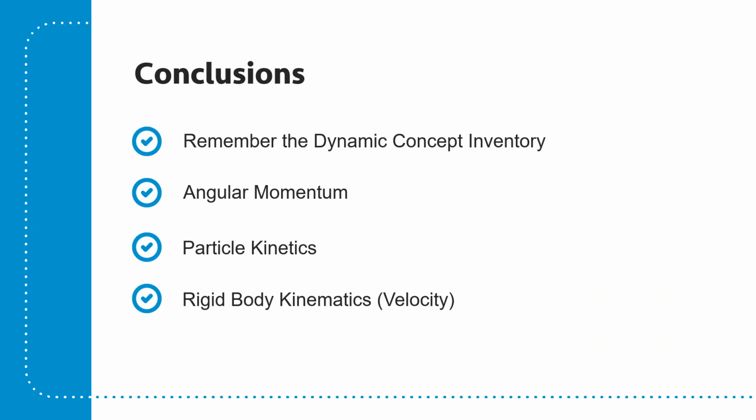In terms of conclusions, remember the dynamic concept inventory, angular momentum, particle kinetics, and rigid body kinematics, which is going to come out at the end. Velocity is really all we are talking about right now, but you'll see with the final exam, we also expect you to know